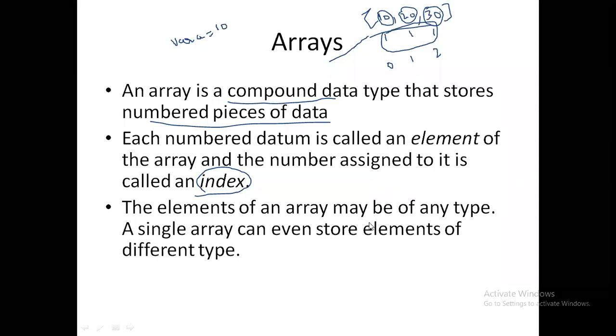Okay, so the element of an array can be of any type. A single array can even store elements of different data types. So this array can store not only the same digits, I can store all sorts. So here I can say 10, then here I can say Ranjit, here I can say date of birth, something like this. So I can store different types of elements also. This can only happen in JavaScript.